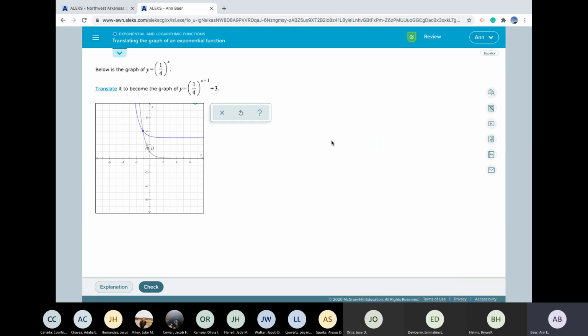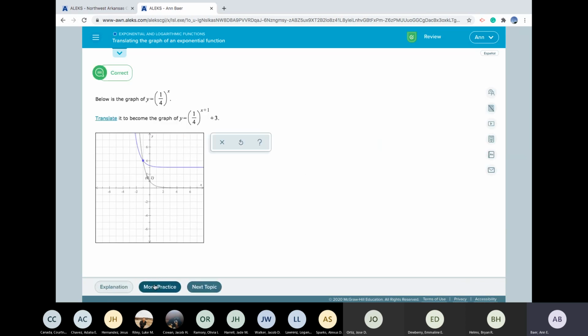And I got 4. Well, 4 happens to be my y coordinate, so I'm good. I know I've got this problem right. I've got it in the bag. So I check, and there you go. So those quick checks are so helpful because they'll help you get your topics done quicker. So anytime you can do a quick check like that, I highly recommend it. Any questions on this particular problem? Good way to review translating the graphs of functions too. Let me check that off our list.